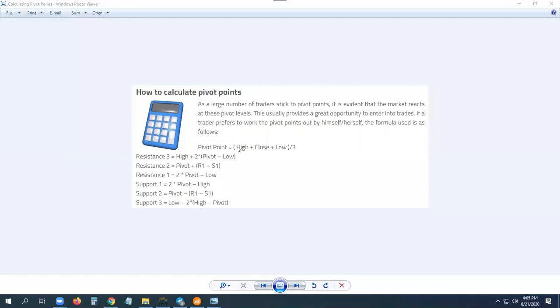And the pivot points are extracted from previous day's data. Like yesterday, you take the high, you take the close, and the low of yesterday. When you divide that by 3, you get the pivot point, usually abbreviated as PP. So a pivot point is usually, if you take the daily candle for a previous day, you extract the high, this is the high. If it was a bullish candle, the candle was going up, this will serve as the closing price,